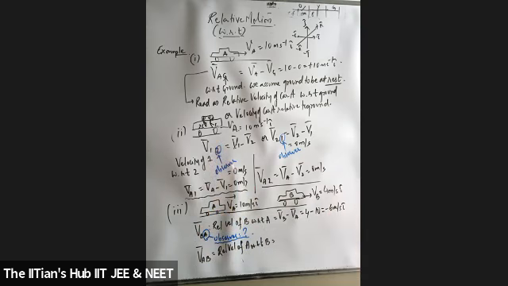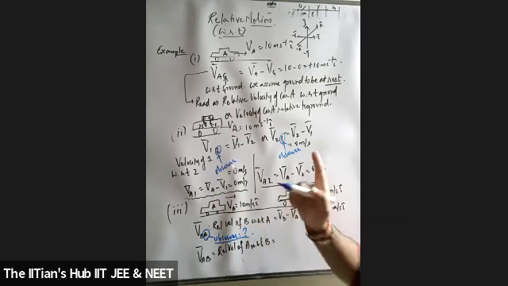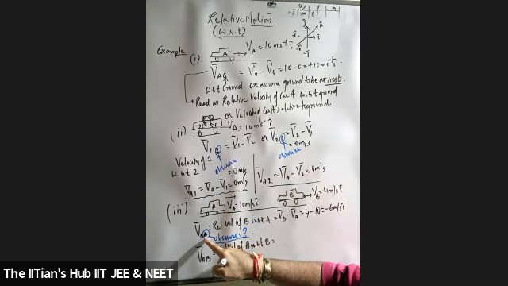Negative. Negative means, because see, the observer is A. Listen carefully, please listen carefully. Observer is A. So whom is observer A looking at? He is looking at car B. Agreed? Yes, sir. And when he looks at car B, what is the observer's answer? Minus 6 is coming. Agreed? Yes, sir. So what does 6 mean? 6 means the speed. Observer A will say that the speed of B is 6. What does the minus sign indicate? Is it going away from observer A or coming towards observer A? Towards observer. That means when I asked you relative velocity of B with respect to A, VB minus VA, that means observer in car A. Listen carefully.